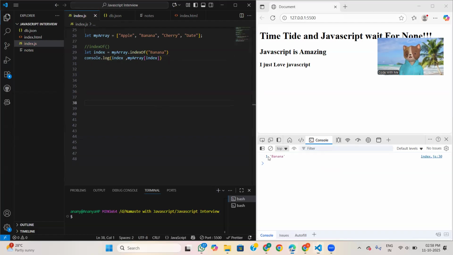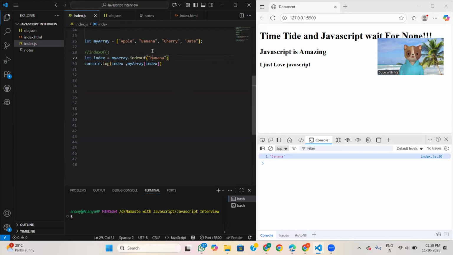Now see, here it is giving banana and 1. Now, if this thing is not found, then what will it return? I think you got it.